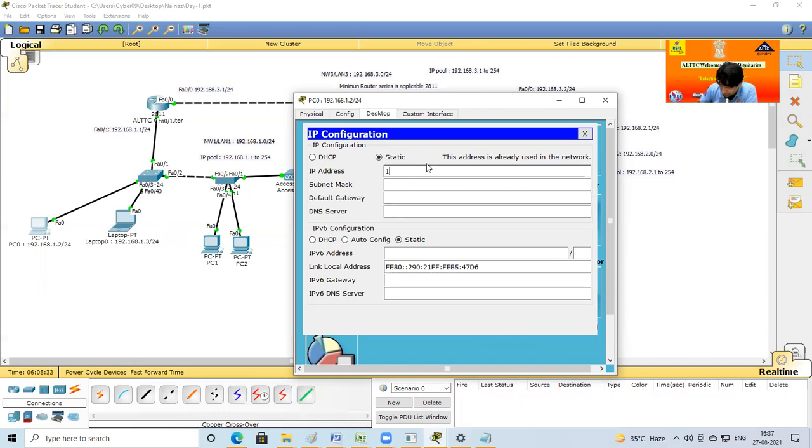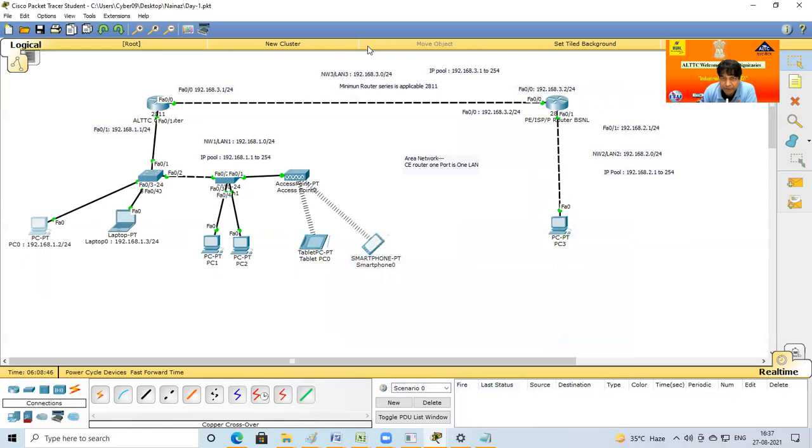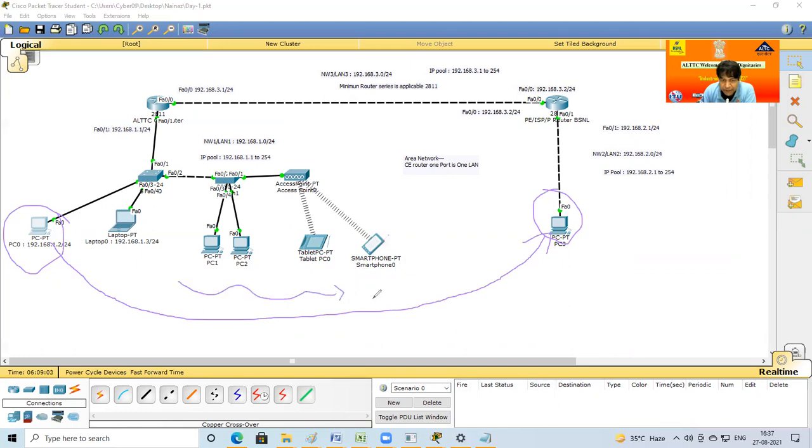So now, 192.168.1.2. Okay, the subnet mask is by default. Okay, what is the gateway? Now learn the meaning of gateway. This computer and this computer are in different locations. Suppose I want to send some information, some communication from PC 0 to PC 3. Definitely this does not go through the air.